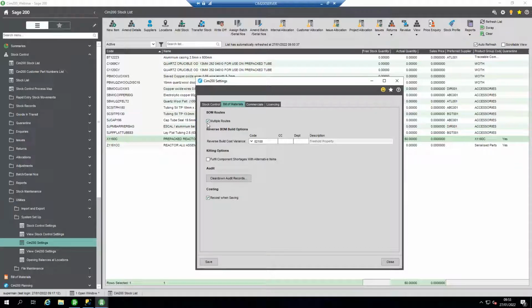Bill of materials, we will have a look into the multiple routings in a moment, but reverse bom bills is another additional feature to Cim200, which is different to Cim200 manufacturing. So on a reverse bom build, you can reverse bom build an item that you have bought in, so you don't need to manufacture that first. So let's say you are breaking down a car, so you buy a scrap car that you're breaking down into